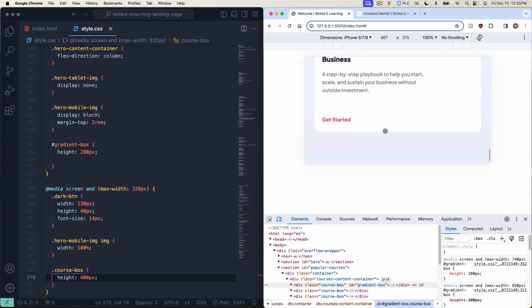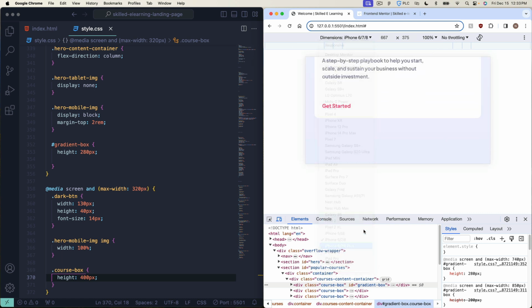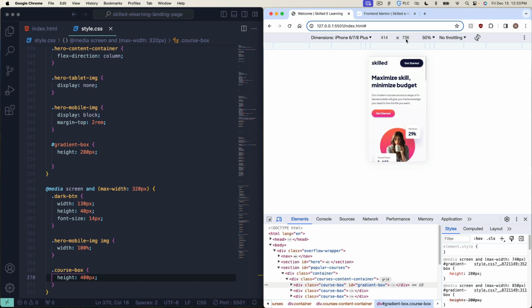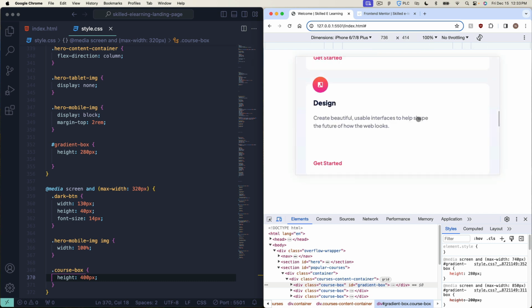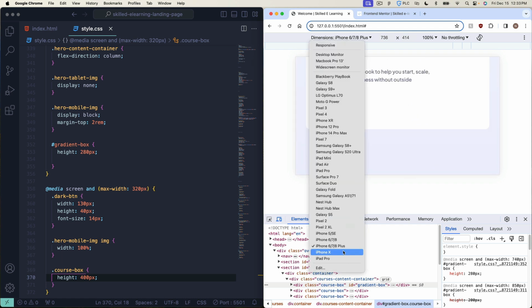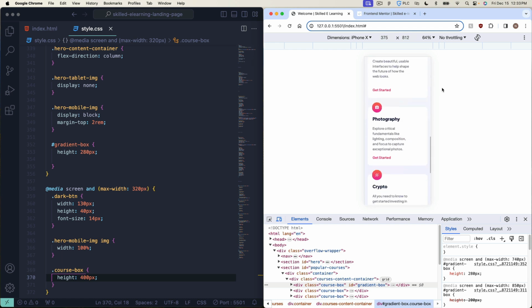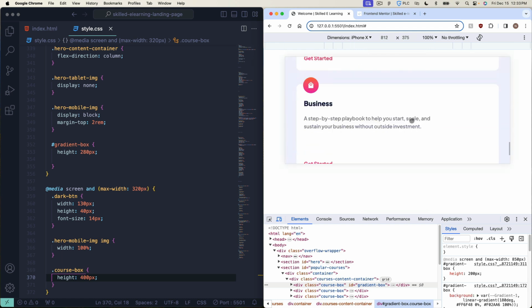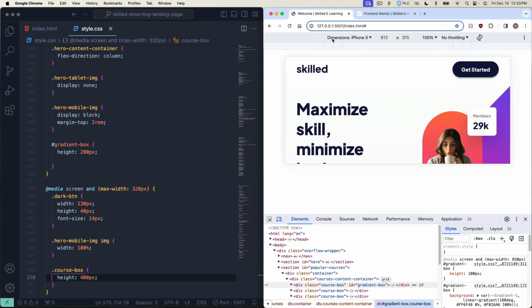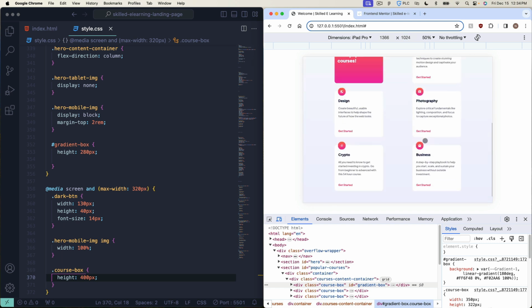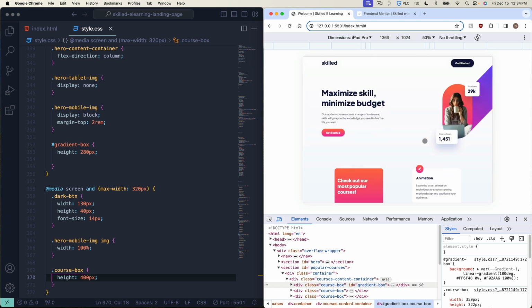All right. Yeah, we're looking good, guys. I just like to go through all the devices to make myself feel better. But you can skip this part of the video. That's pretty much it. iPhone X. Okay. And iPad Pro. Looking good. All right, we can move on, and we'll just do the footer next, and then we'll be done,